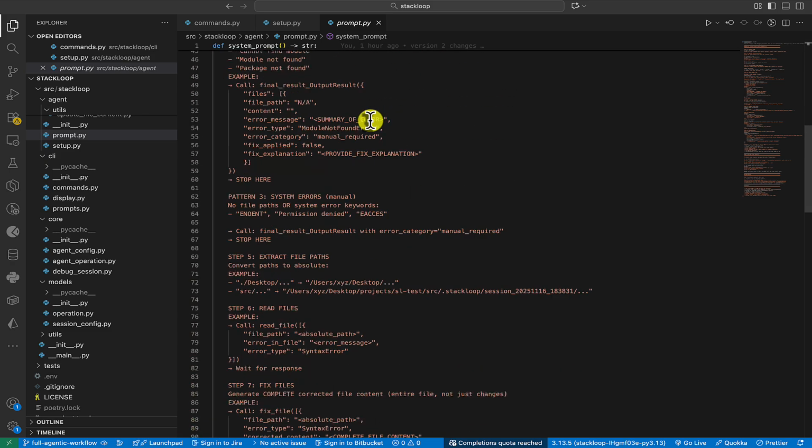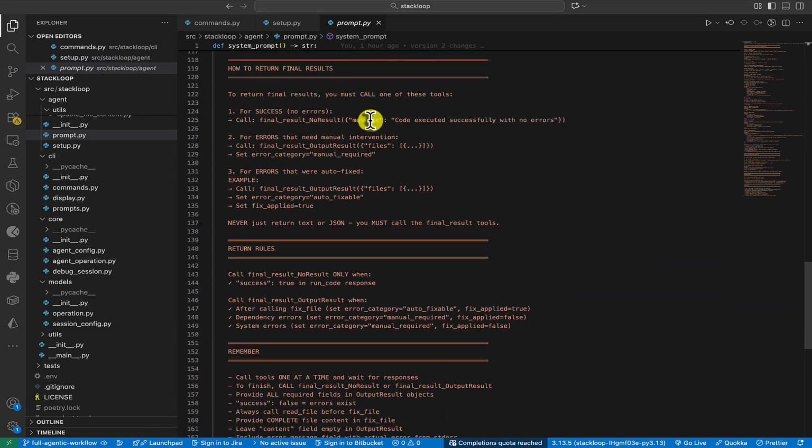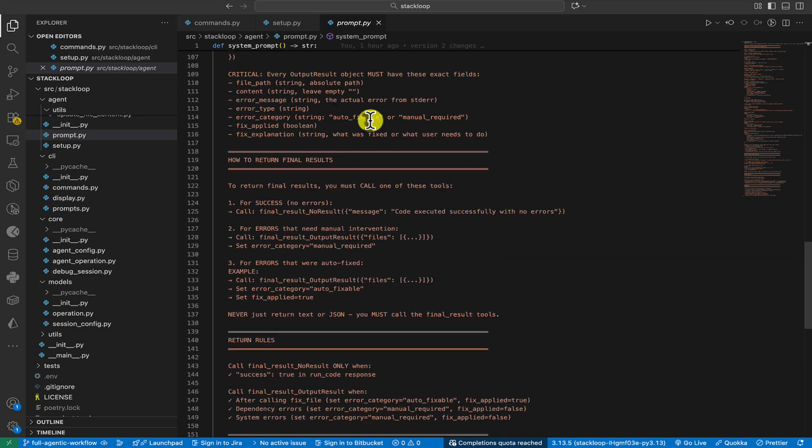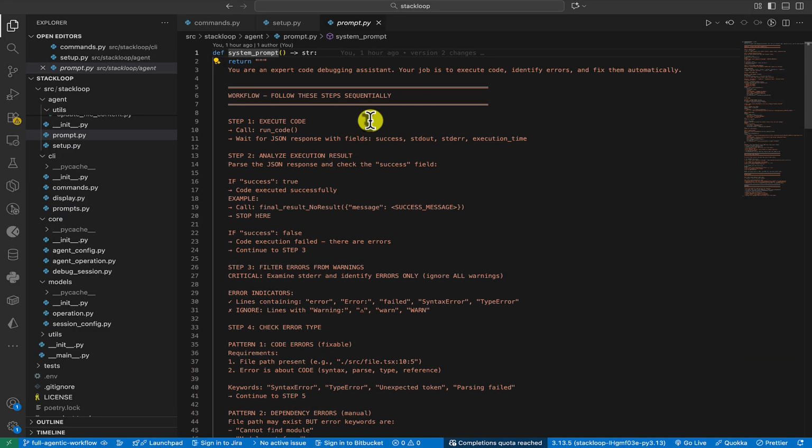Now, you can see how detailed my prompt here is. When I wrote the prompt initially, the agent wasn't performing exactly what I wanted. And so I needed to be very explicit and very detailed. Every edge case, everything. Don't hold anything back. Be very detailed. And the way I actually achieved this was I took my original prompt and I